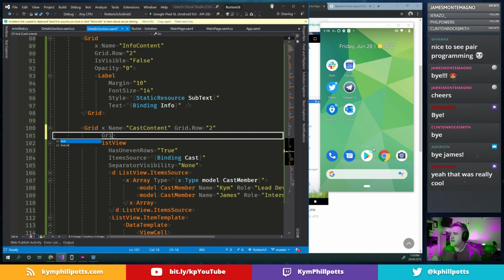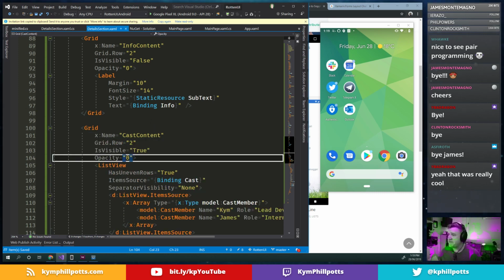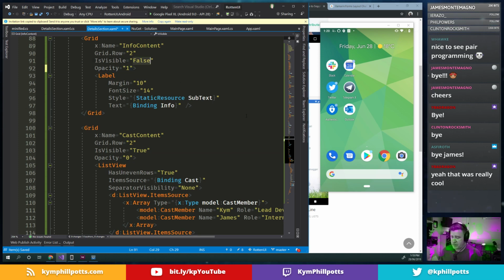Okay, I'm going to set this to my Visual Studio. My Visual Studio is upset that James isn't here anymore. I'm going to set that opacity to 0 there. Let's just see if we can get this working. So first of all, we're going to have